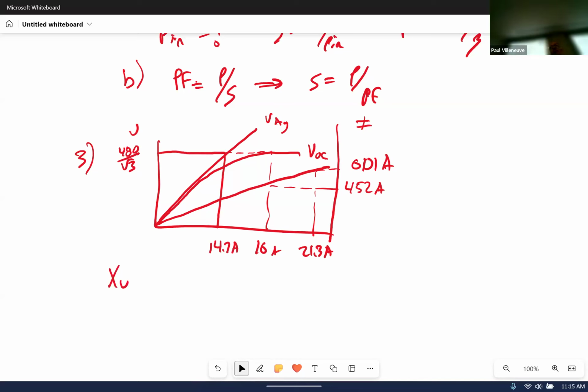Is there any curve on here that gives you the unsaturated reactance? Look at the air gap line versus the open circuit characteristic. Isn't the air gap line perfectly linear? What does the thing about saturation do? Start driving more current, it starts to peel off from the air gap line. Why? Because it is saturated. So your unsaturated reactance